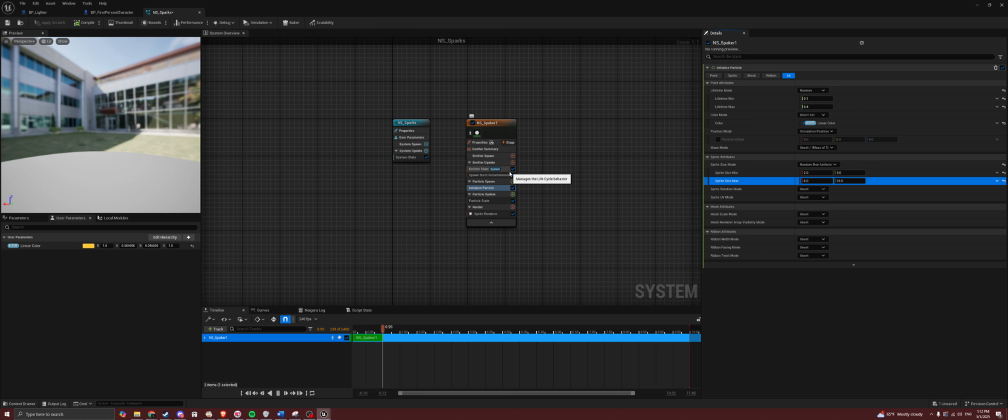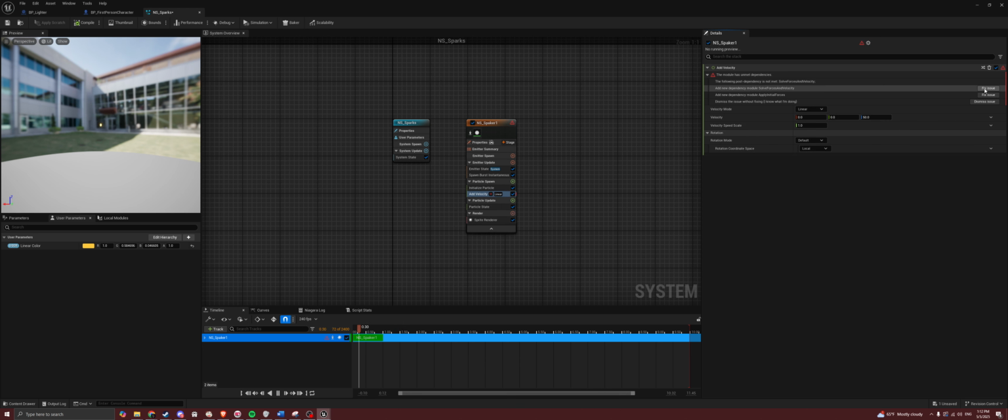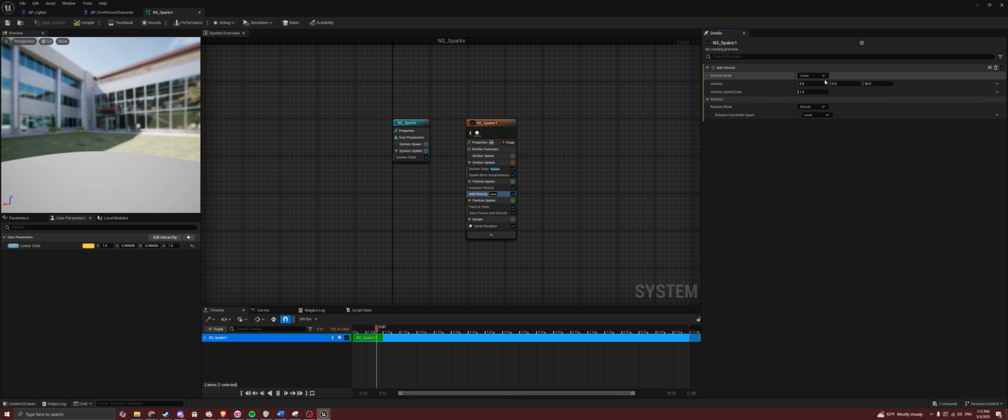And then inside of particle spawn, this is where we'll add our velocity. So add velocity, just fix this, it's going to fix itself for you, as you can kind of see. So now it's kind of going up, right, which isn't exactly what we want. We want it to be from a point and then go outwards like that, yeah. So for the velocity, a good velocity speed is